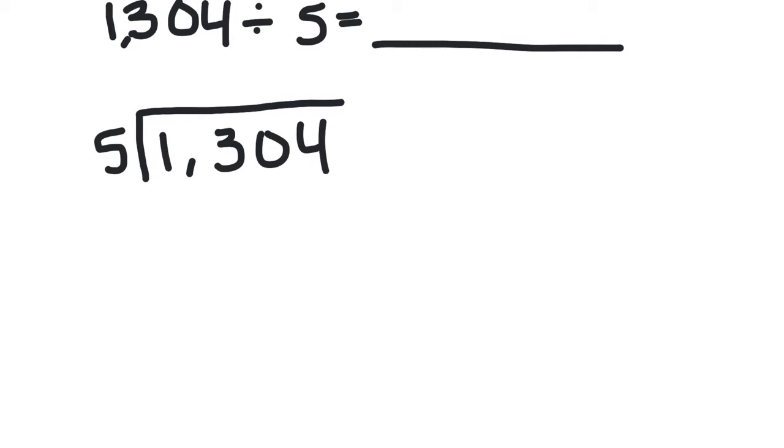With the standard algorithm, it's very similar to the box method, but instead of having boxes, we're going to be moving down. That's why it's called long division, because it's very long. So same as before though, we're going to take our digit, our 5, and ask ourselves how many times the 5 fits into each digit in turn. So how many times does 5 fit into 1? Well, it doesn't fit into 1. So just like in the box method, I need to mark on top that the 5 fits into 1 0